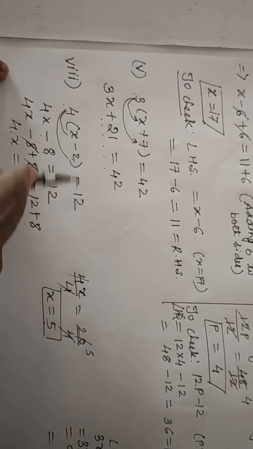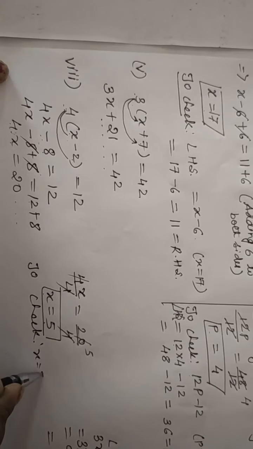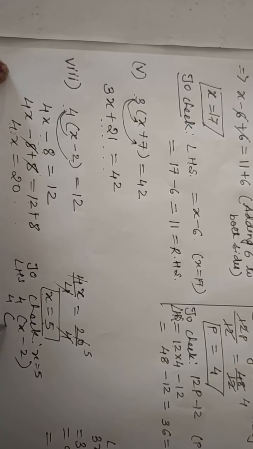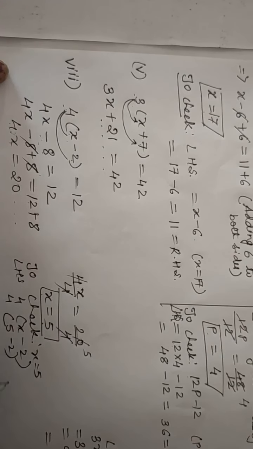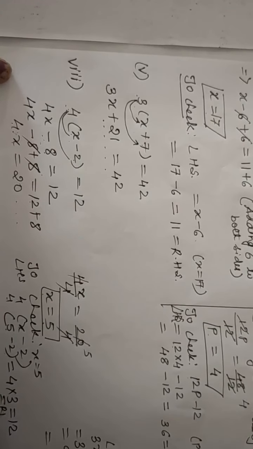Now this x equal to 5 you will put here to check. Let's see checking of this. x equals 5. So your LHS is 4 into x minus 2. 4x, what is x, 5. 5 minus 2. Now let's simplify. This 4 will remain as it is. 5 minus 2 is 3, and 4 3s are 12. So 12 is your right hand side. Simplify the bracket first. 5 minus 2 is 3, 4 3s are 12, equal to right hand side. I hope you understood all the sums. Let's continue with the remaining sums also.